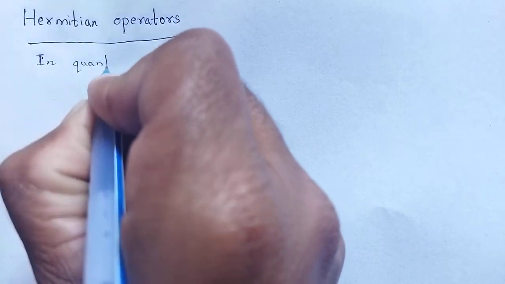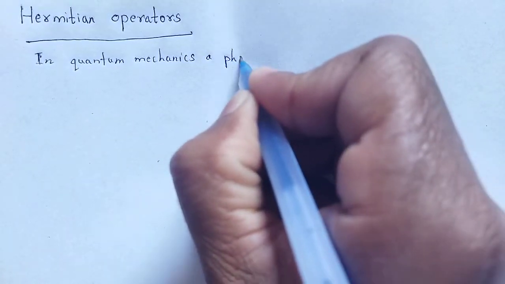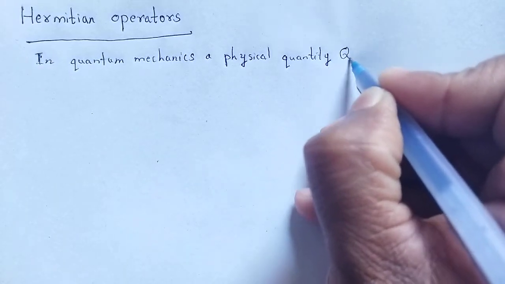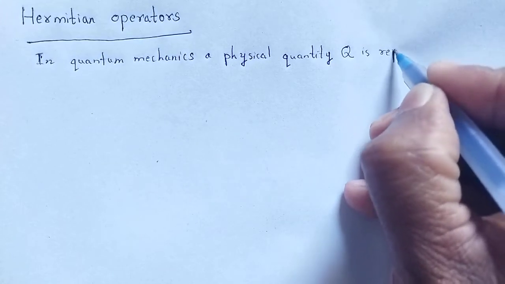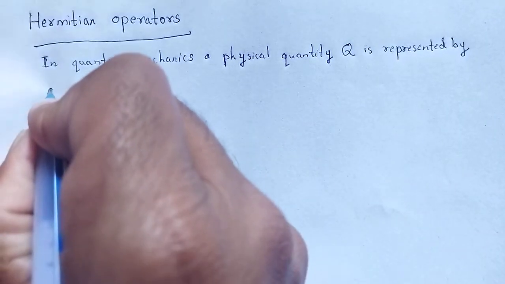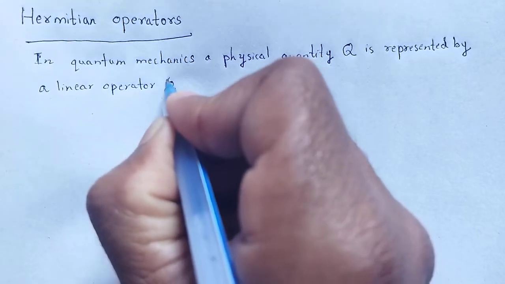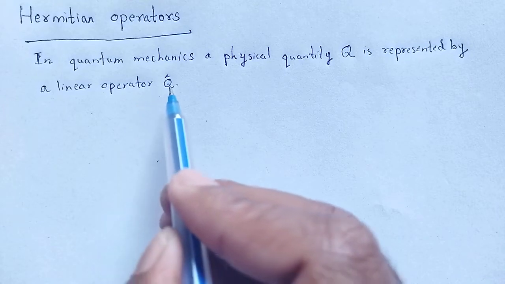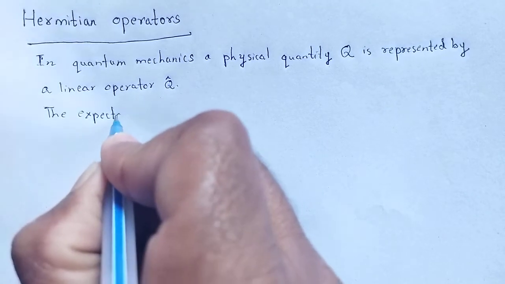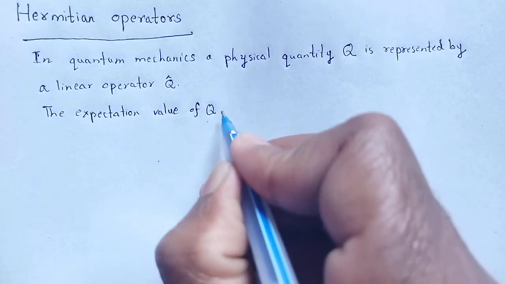In quantum mechanics, a physical quantity, let's say Q, is represented by a linear operator Q cap, and the expectation value of Q in state psi